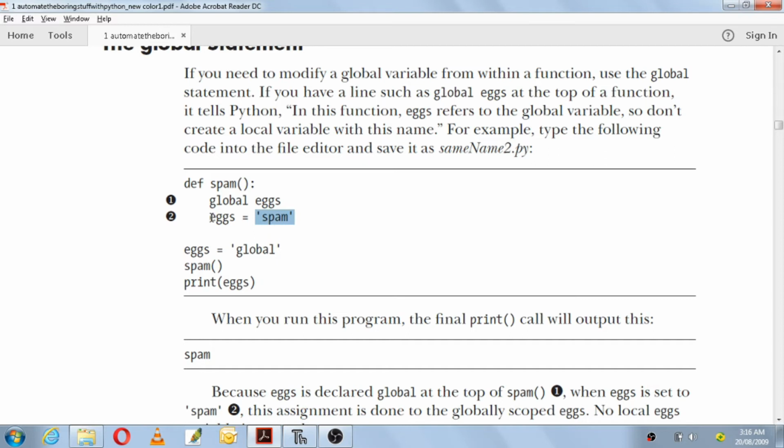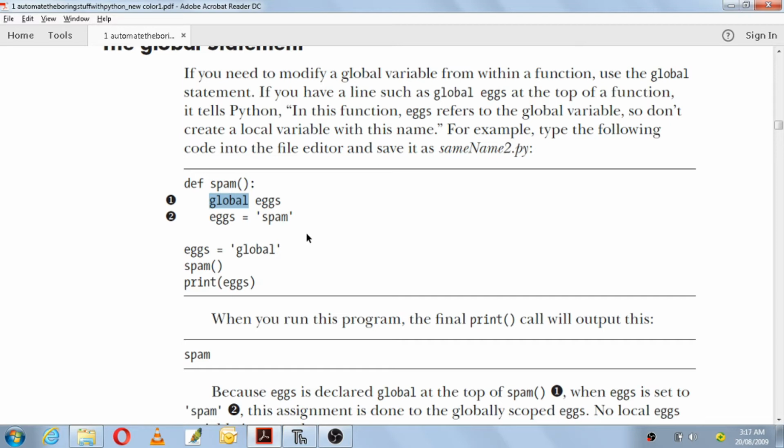So the change they have done is a change to a global variable. Initially the global variable x was initialized with the value global. Now within a function you are able to change it to spam, and that too with the help of the global statement. So what is the work of the global statement?